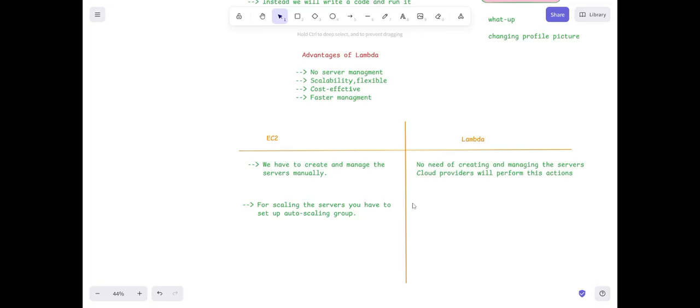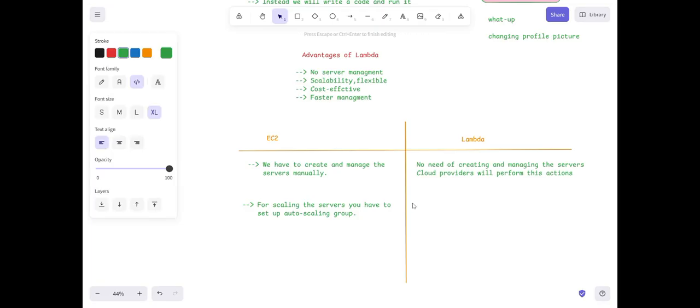But when it comes to Lambda, if you want to increase the server capacity, then according to your request, it is going to launch the servers automatically.